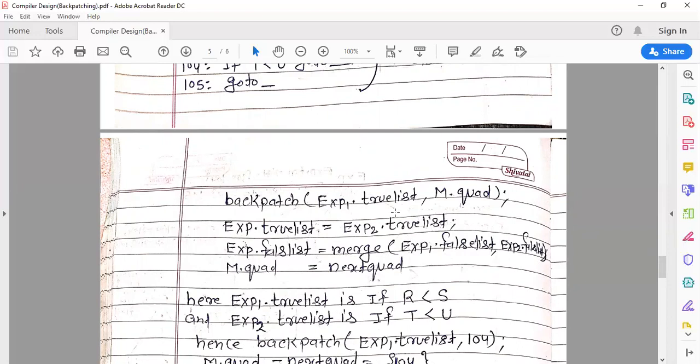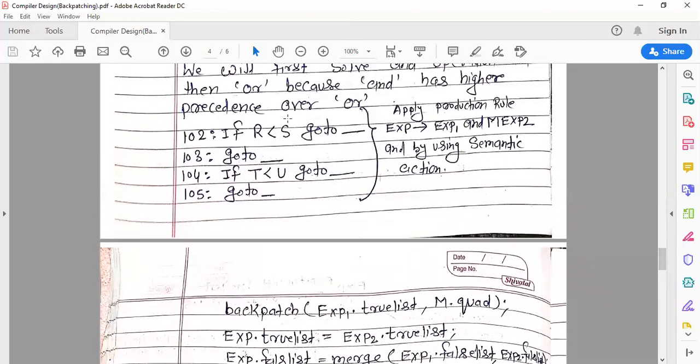So here exp1 dot true list is if r less than s for exp1 and exp2. For exp1 we have the true list 102, and for exp2 we have true list 104. So 102 and 104 are the true list, and 103 and 105 the false addresses.